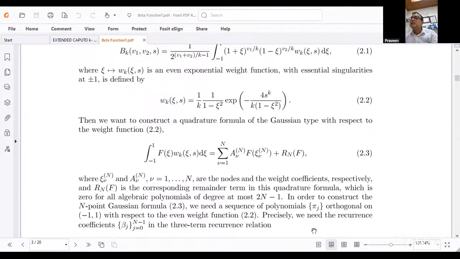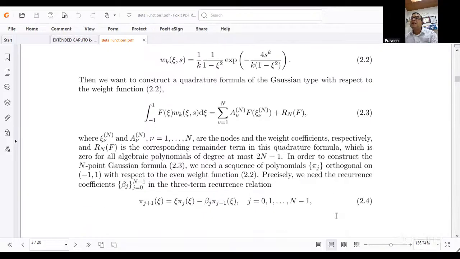In order to construct the n-point Gaussian formula 2.3, we need a sequence of polynomials pi j orthogonal on minus 1 to 1 with respect to the even weight function 2.2. Precisely, we need the recurrence coefficients beta j, j equal to 0 to n minus 1, in the three-term recurrence relation,